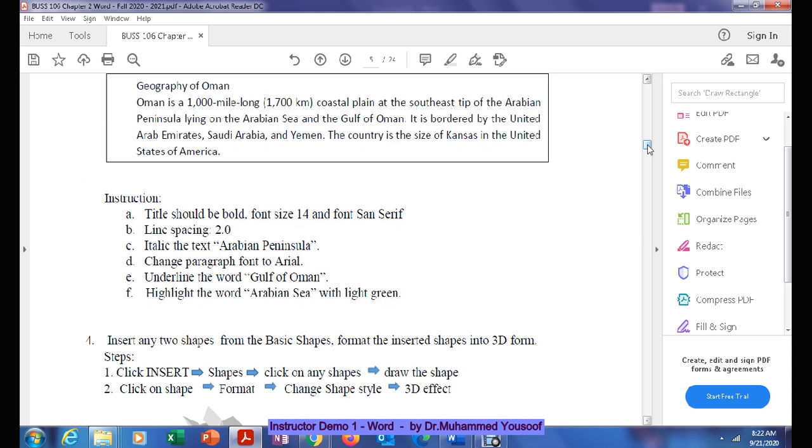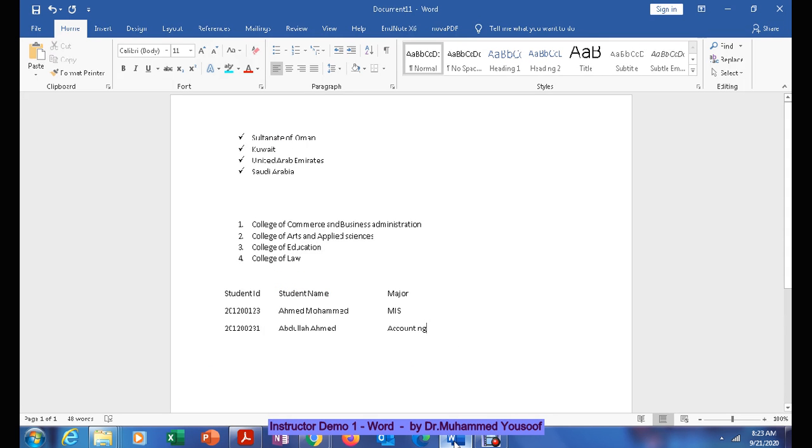Now we want to type a paragraph. I'm just going to type a small paragraph according to my idea. Then I will answer these questions which you can see here. There are some questions which I will answer from here, but before that I have to type the paragraph. So let me type the paragraph in the same document. I'm going here and typing geography. I may not type the same words.